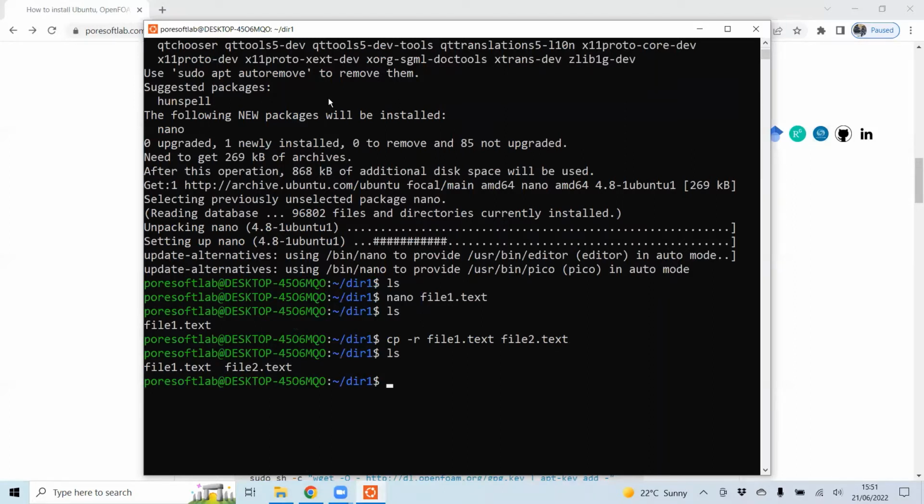If I want to change the name, I will use the command mv file2.txt, and I will give it its name as 4.txt. So now the name of file2 has changed to 4.txt. To move back to the previous folder, I can use the command cd ...